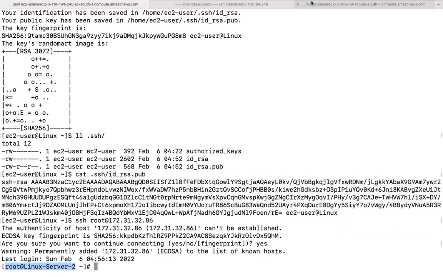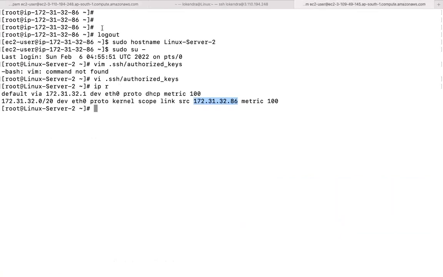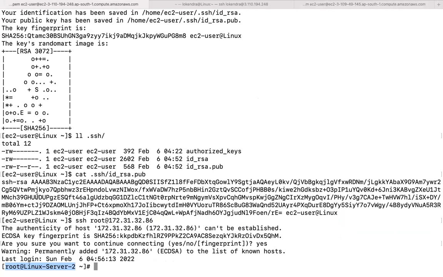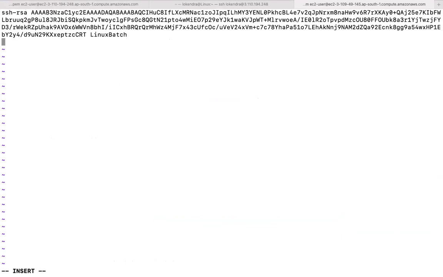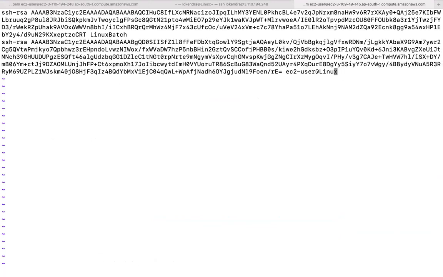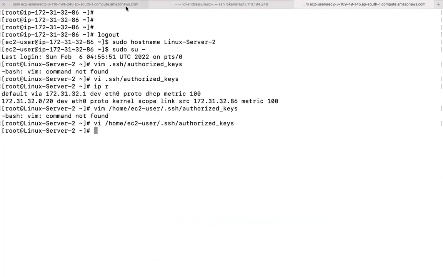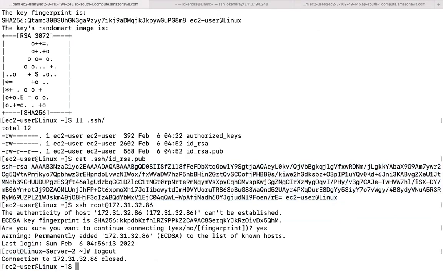Moreover, if root user is not recommended, you can add the keys to some other user as well, let us say the EC2 user. Just add your keys to the EC2 user, log back in to your main server from where you were trying to access the server, change your username,